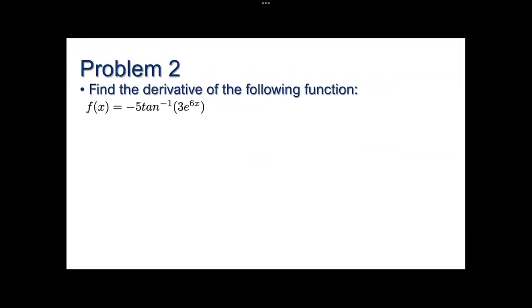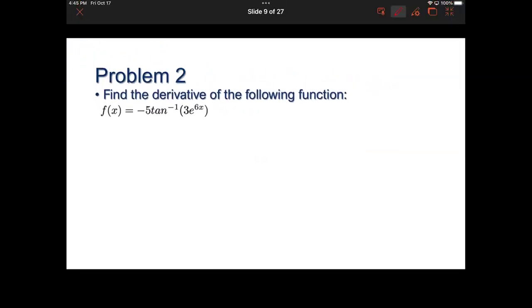So let's use it. It's asking us to find the derivative of -5 tangent inverse of 3e to the 6x. Cool. I'm going to label, like in our f of g of x way, that our f of x is going to be inverse tangent, and our inside function is going to be this 3e to the 6x. And we can just pull this -5 onto the outside, because it's a constant, and we can pull out a constant when it's multiplied when we take the derivative. So f prime of x